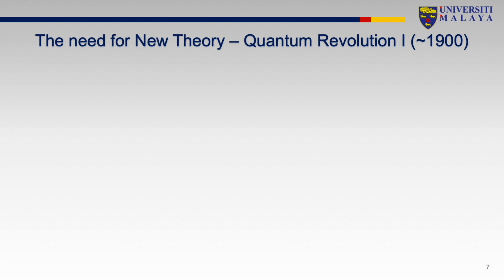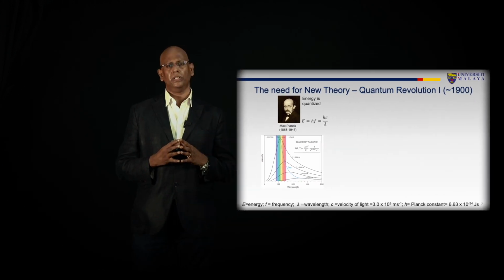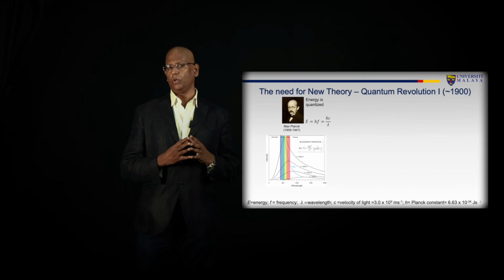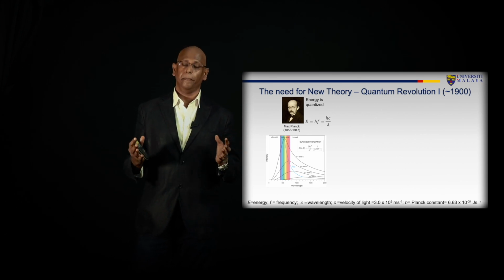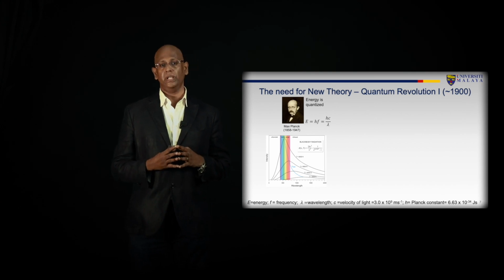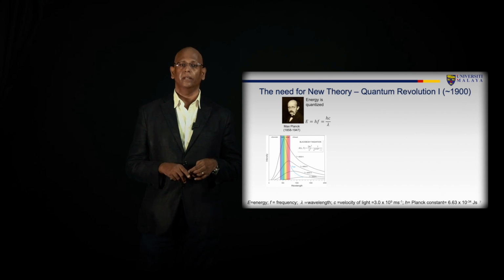There comes the revolutionary idea proposed by Planck when he suggested that light energy is quantized, meaning it comes in packets of energy. This is very much contradicting the classical idea where energy is continuous. But Planck's model is able to explain the distribution of radiation coming from hot bodies almost perfectly, to the extent that